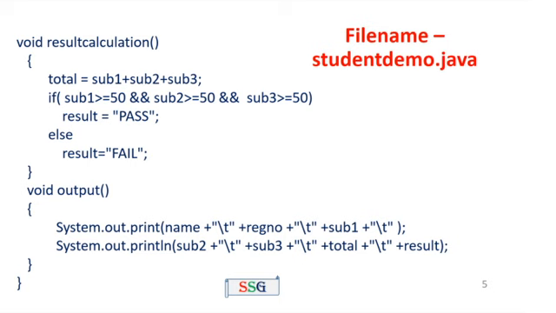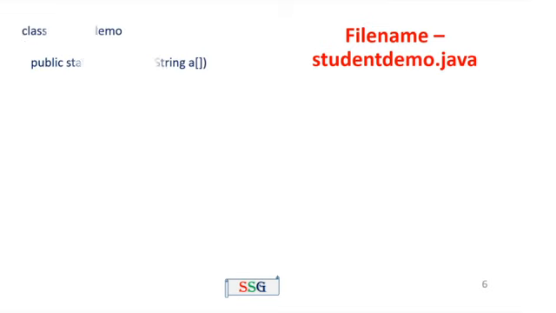Next, close curly brace for class definition over. Here the class Student definition is over. The next one, we will go to the main class. Here the main class is named class StudentDemo. Open curly brace, public static void main, String args. Then open curly brace. First we have to create the objects.